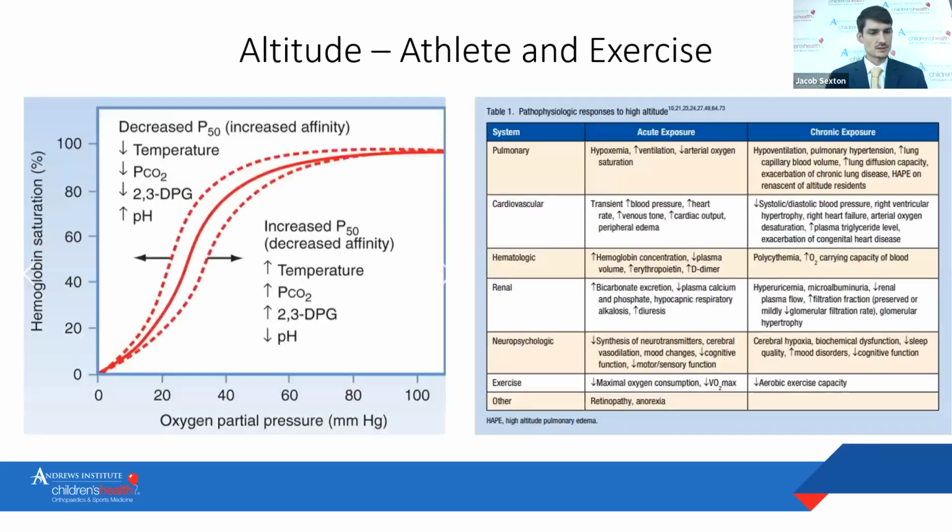So these two charts show the acute exposure and chronic exposures on the right image from the different organ systems that occur. And the image on the left demonstrates the oxygen hemoglobin dissociation curve. Basically, all I want to show on the curve is that as your P50, so as your partial pressure of oxygen, decreases, your hemoglobin in the body is going to have an increased affinity for oxygen. So those hemoglobin molecules are going to bind that oxygen much more readily than it is accustomed to, and therefore it actually makes it harder for it to unload into the peripheral tissues. But over time, the body will adjust to that and shift itself back into neutral.